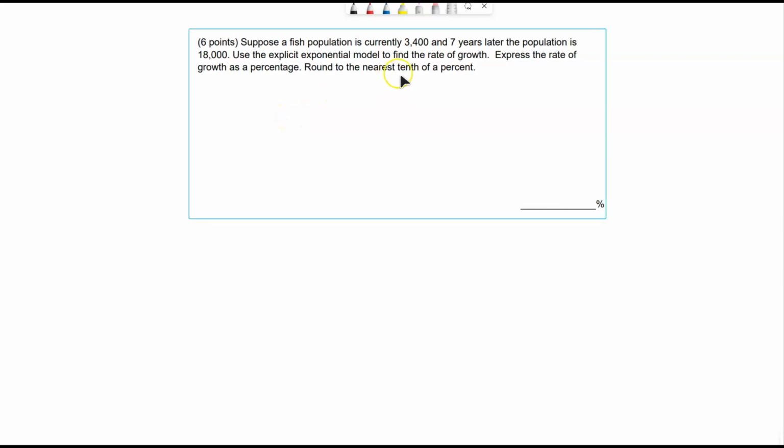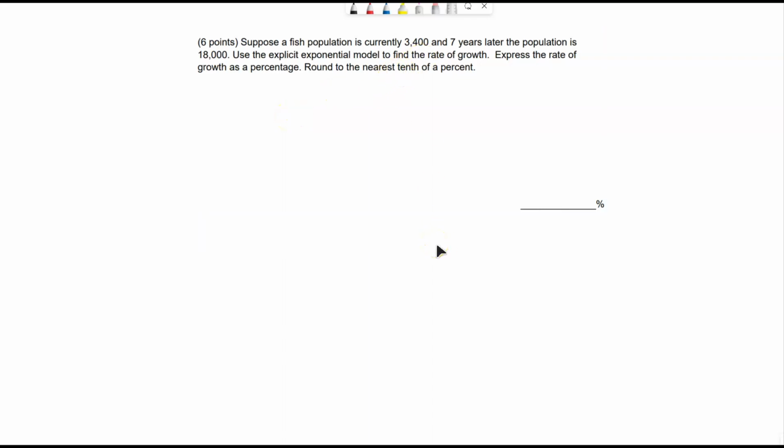Suppose a fish population is currently 3,400 and 7 years later the population is 18,000. Use the explicit exponential model to find the rate of growth. Express the rate of growth as a percent, rounded to the nearest tenth of a percent. All right, so our goal is to use the model with the numbers, solve for r, convert to a percent,